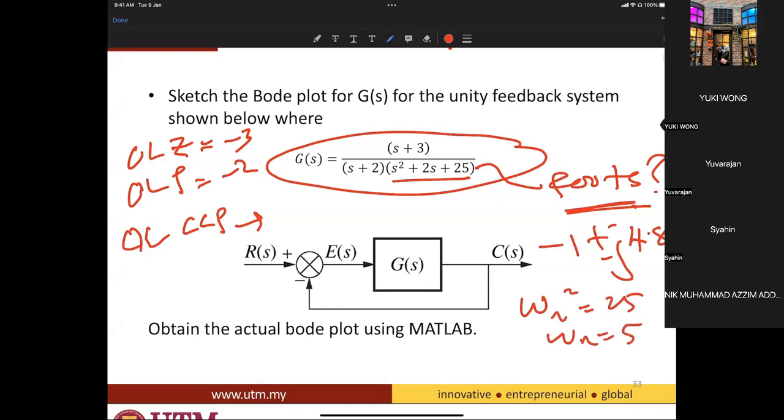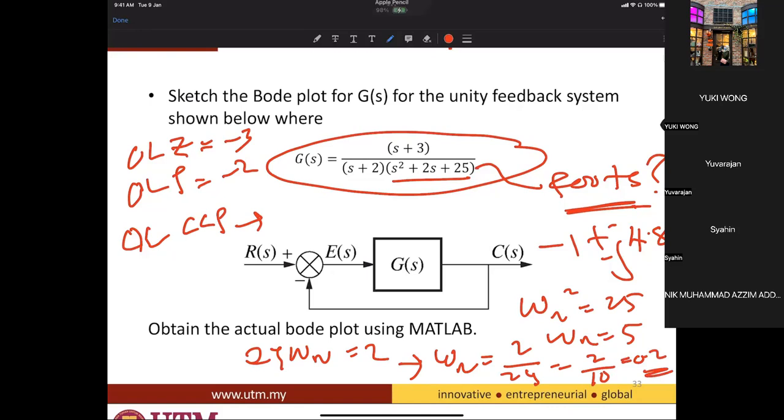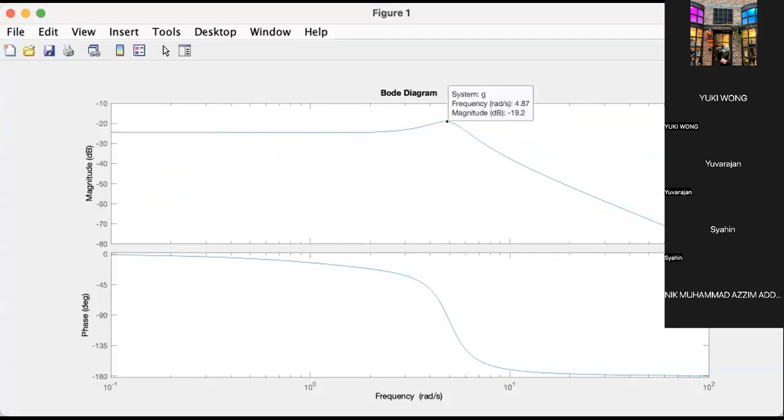Zeta value 5? 2 zeta omega n. Dua darab... 0.2. Okay, 0.2. So that is the plot for the